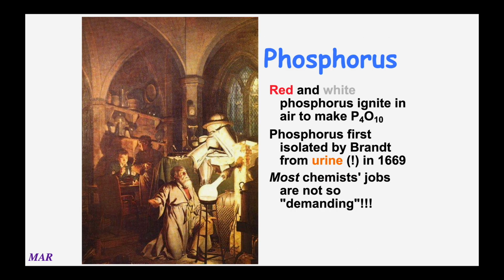Now, phosphorus was actually discovered in a time where I consider the science of chemistry to be more of alchemy. Alchemy is like a pre-version of chemistry. And this guy named Brandt was looking at urine one day, and alchemists were fascinated, in my opinion, basically by things that were gold. They thought they could make gold out of it. And they were also fascinated by the ultimate solvent. But what do you hold it in? But anyway, I digress. So Brandt was looking at his urine and thought, all right, gold, there must be some gold in my urine. So he did a lot of work with urine and he didn't find any gold, but he did discover phosphorus. And that's kind of cool too. So most chemist jobs these days aren't so demanding. You don't have to analyze urine samples over and over. Trust me, it's